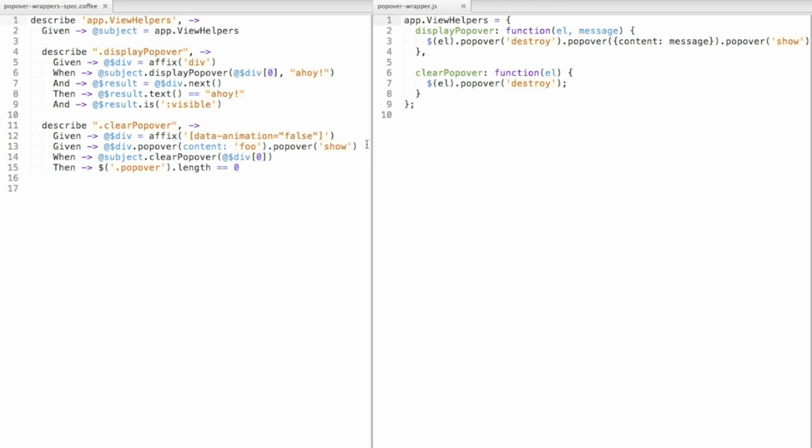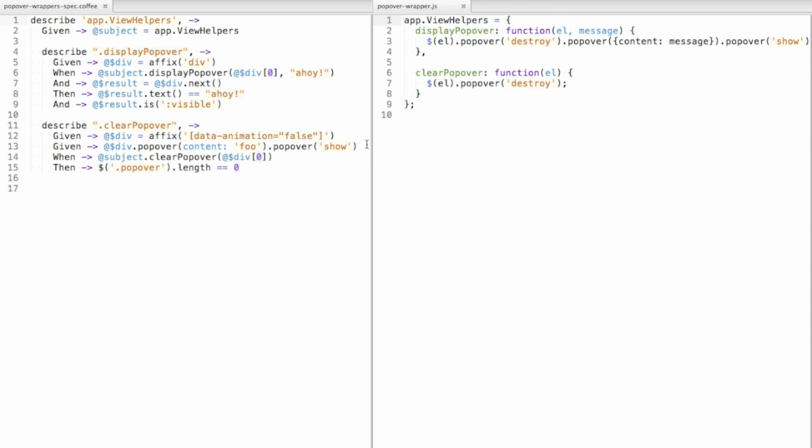Now that we have functions whose only purpose is to call through to these popovers, the assertion shouldn't be, did we call it the way we think we need to call it? The assertion can be, does it really work? Does this Bootstrap popover utility that we've pulled into our application have the effect that we care about, and can we verify our assumptions about it? That way, if we ever upgrade Bootstrap and somehow popover goes away or popover breaks or behavior changes, if this test stays green, then our assumptions about it are still valid and we can feel relatively safe about the upgrade